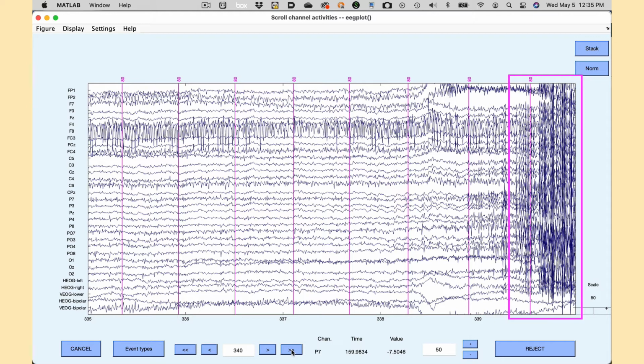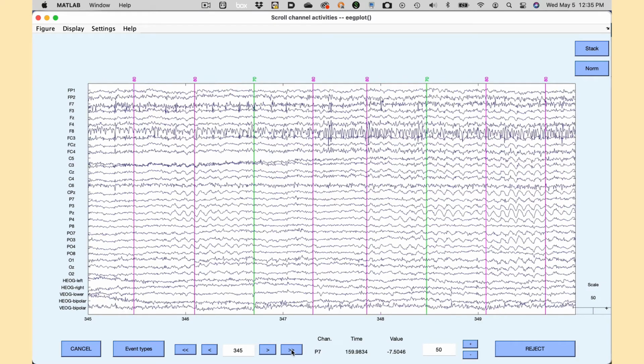You see it in all sites, so it might be being picked up by the reference electrodes. P9 and P10 are close to the neck muscles, so if you see noise in all sites, it might be from the neck. The mastoids are even closer to the neck muscles, making the noise worse, which is one reason we're shifting to P9 and P10 as our standard reference. But notice that this noise is a lot bigger in some channels than in others, so it's probably not coming from the reference. Noise from the reference should be approximately equal at all scalp sites, because the reference is subtracted from all these sites. My guess is that the participant is just stretching at this point, contracting lots of different muscles. This isn't a problem. It's easy to detect and throw out occasional segments of EEG like this.